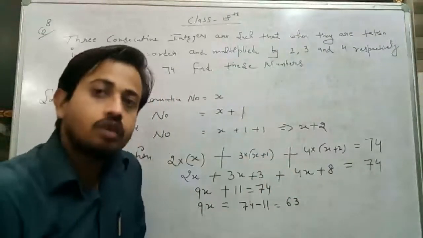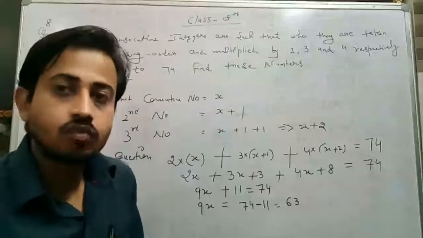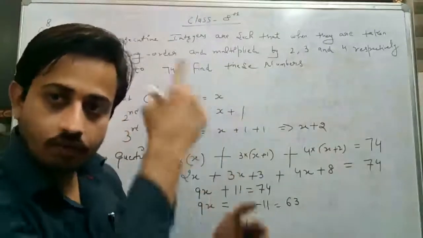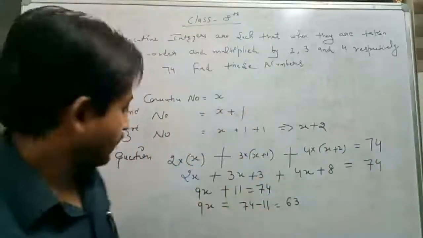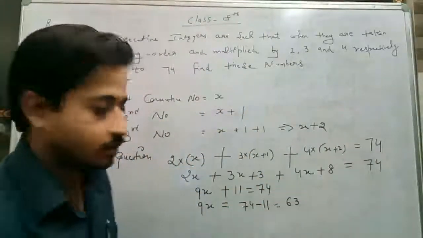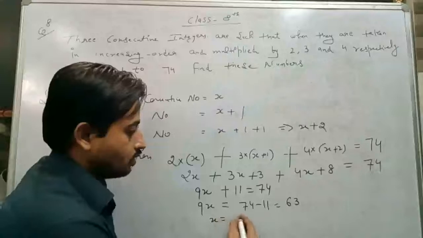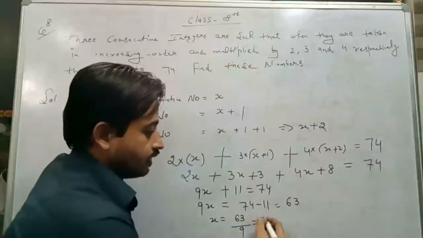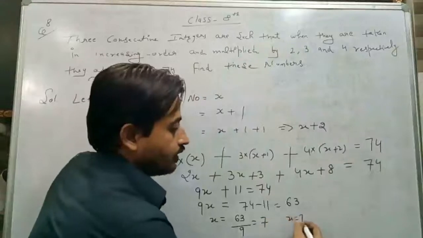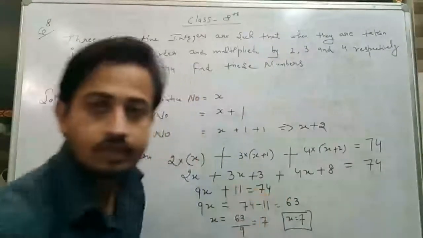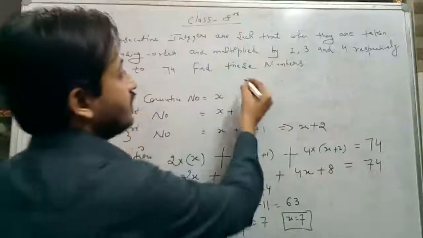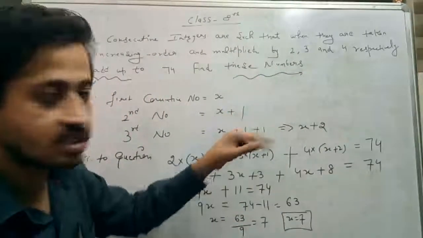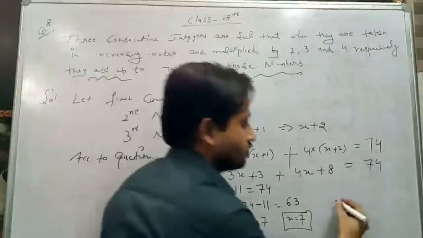In this we have to calculate the value of x, that's why we have to separate x. In this 9 is multiplied with x, so we have to take it to the right hand side, where it goes to the denominator. So x is equal to 63 divided by 9, we get 7, it means x is equal to 7. But we have to find these numbers, first number, second number, third number. So the answer is